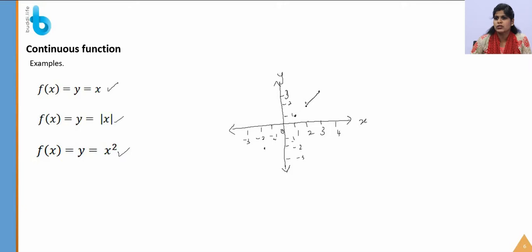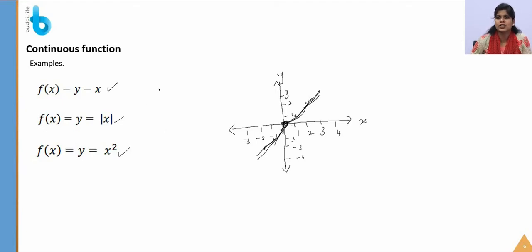Now how will the graph of the function be? It will pass through 0, that is, when y equals 0, x is also 0. In this function, first of all, we can draw the graph without lifting the hand. Also, on all these points we have the function, that is, at 0 also the graph lies, therefore it is a continuous function.